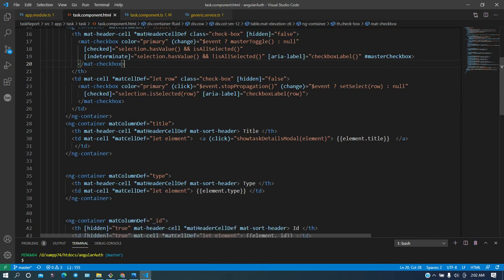Okay, now in the ng-container you can notice the title. For the title, I have used this is the column I want to display on the DOM, provided it here, and then in the td I have used the element variable and displayed the title. Now here you can notice that this is the anchor tag and the click event, all these things you can do whatever you want, no issue on that.